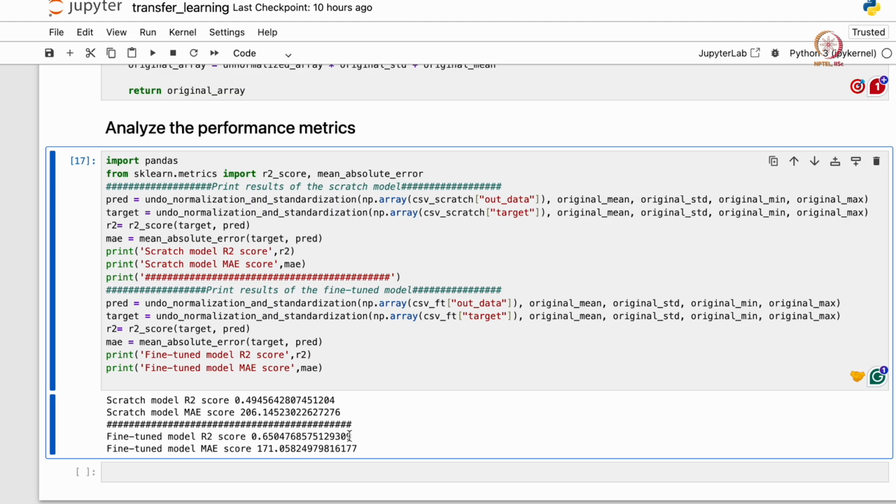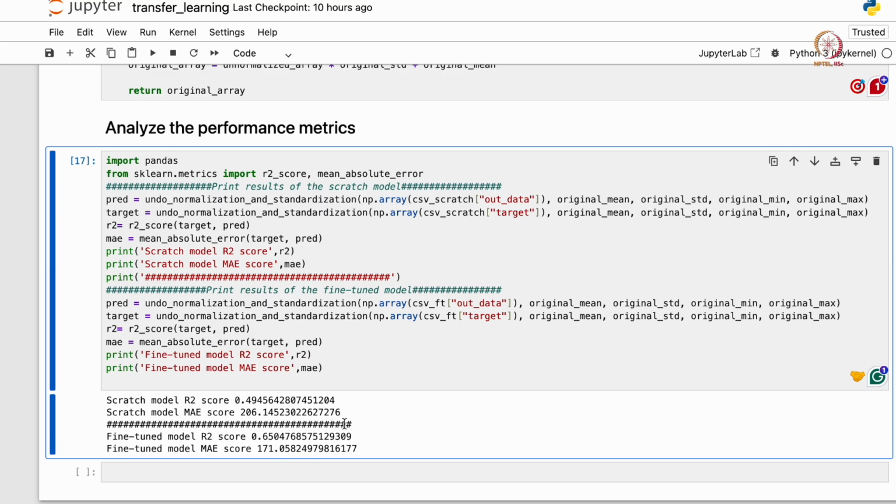The fine tune model running on the same data set size has given a better R2 score of 0.65. Also look at the mean absolute errors. The scratch model's is quite large, 206, in whatever units the prediction is, per centimeter. And for the fine tune model, the mean absolute error is 171.